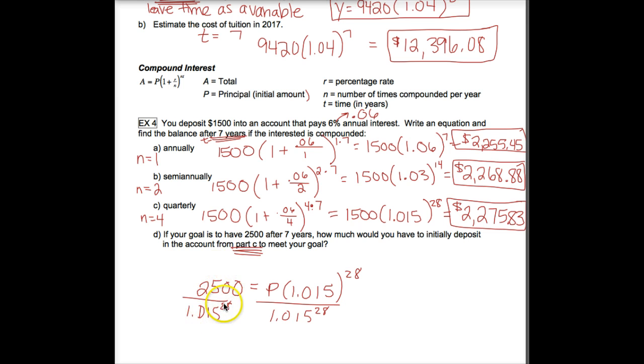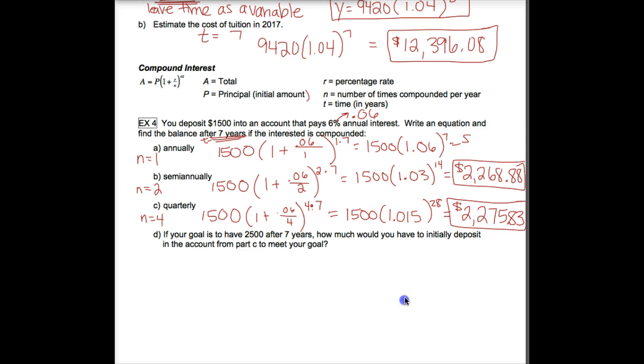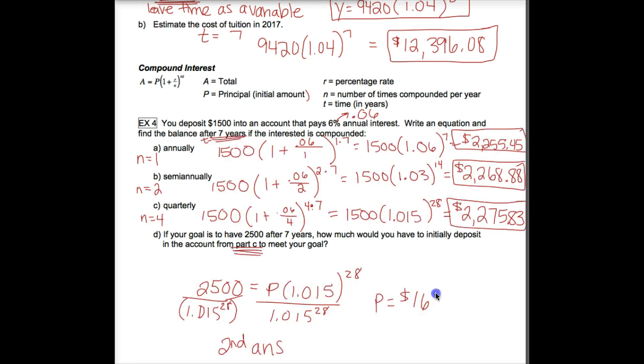Again, if you're doing it all in one step, be sure to enclose this in parentheses. If you're doing 1.015 to the 28th power first, and then taking 2,500 divided by that, then that will be okay. The key is not to round here. You can use your second answer button on your calculator to actually get it to display the answer from before. If you don't know how to do that, please ask me. I will be happy to show you. But you should get